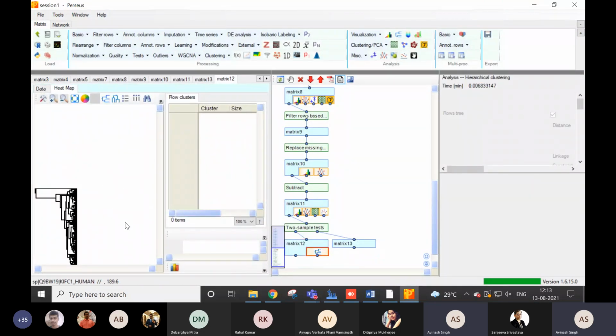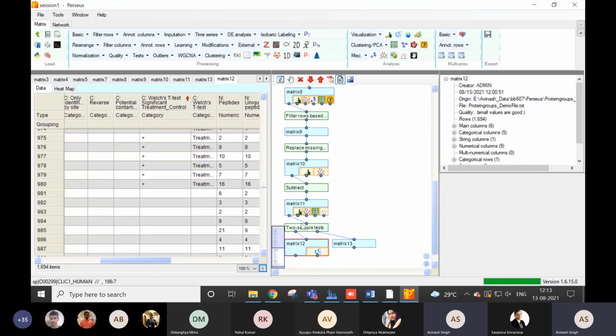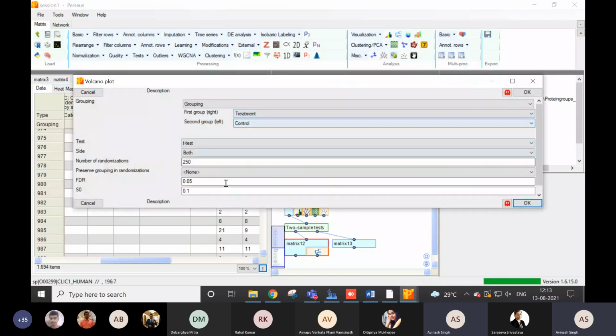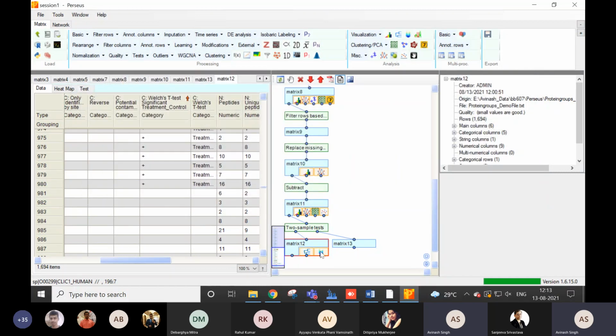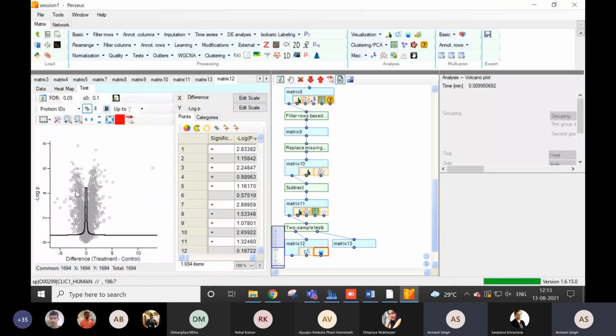Here you can see the histogram, but we have to do the proper settings. The other way is the manual method. You can just click on that matrix and go to the volcano plot. You have to keep the default settings, and you can change this one. Basically, this is the fold change criteria, so you can change it later. First we will check here.